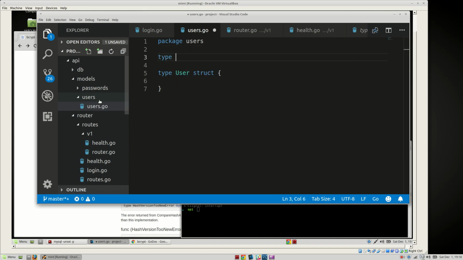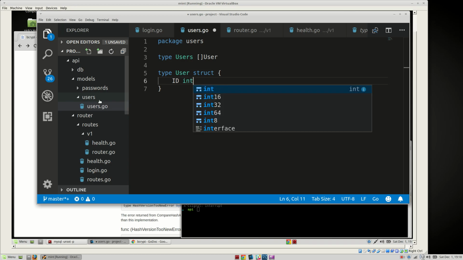We're also going to take a type of users with a slice of user, like so. So ID, and that's going to be ID int 64 for now, and then we're going to do a tag, and I'll explain tags here in a second. And this is going to be ID,